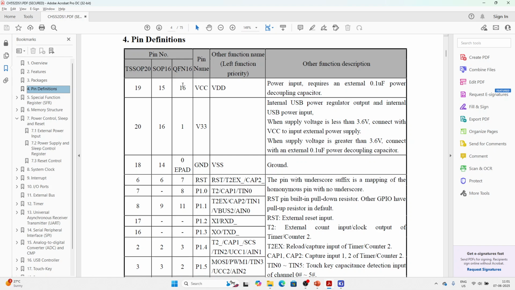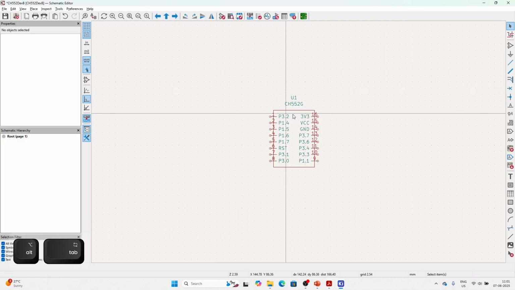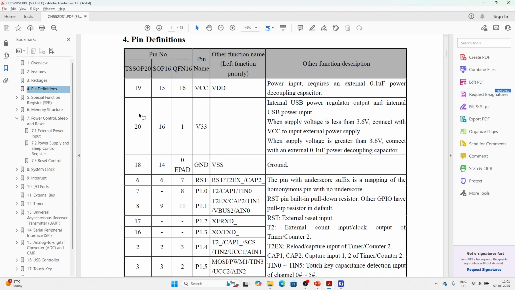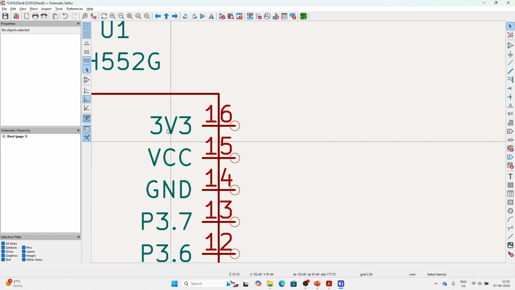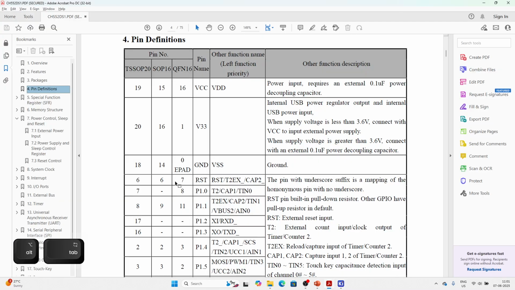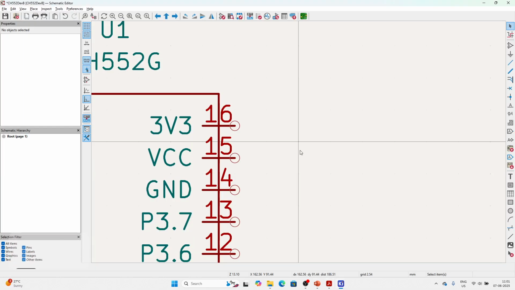So 16th is the VCC pin. Again, you can see 15th is the VCC pin. Here they have already defined it as VCC. 16th is 3.3 and 14th is ground. So this is what we are working with. So each of them has to be coupled. The power pins need to be coupled with 0.1 microfarad. So let's say